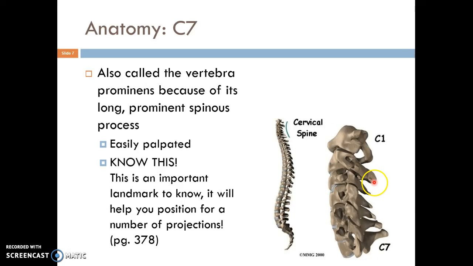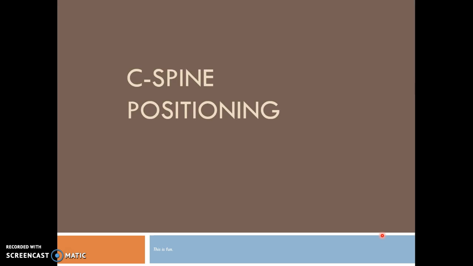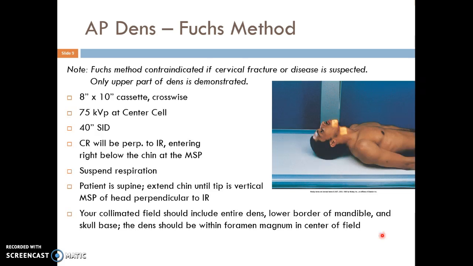So moving down to C7, because that is atypical as well of the other vertebrae. It has the vertebral prominence. It's the spinous process that's posterior. It's very easily palpated. You will use this as a positioning landmark for several positions that we do as x-ray techs. So moving into the positioning of the cervical spine, starting out with the AP dens, known as the Fuchs